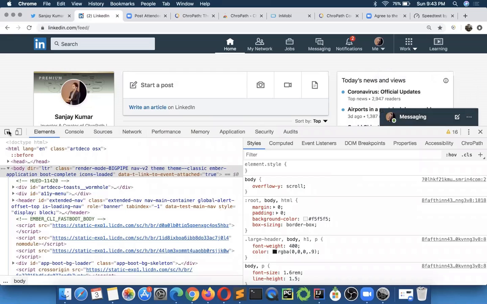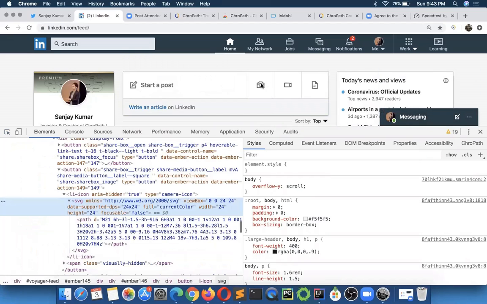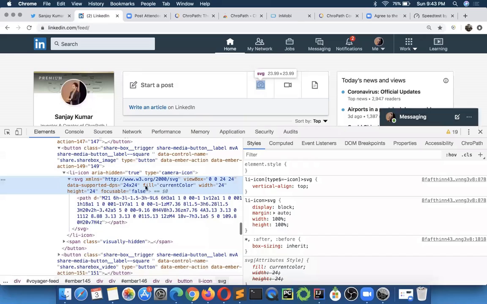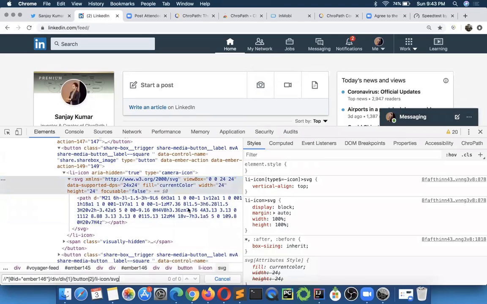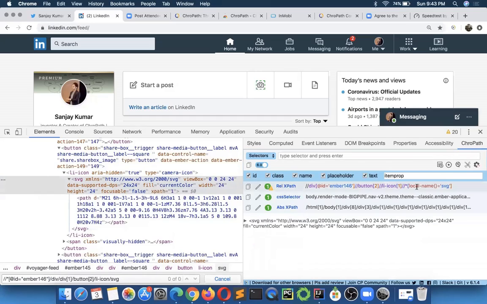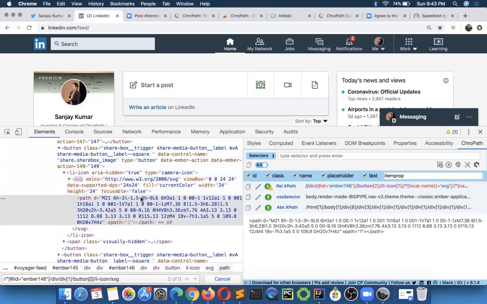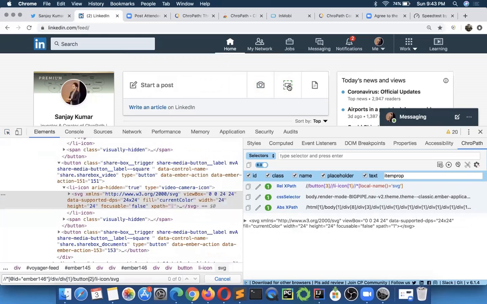If you inspect these SVG elements, right click, and copy XPath, let me paste the value here. You see, this is 0 of 0. Even Chrome DevTools doesn't give you a unique relative XPath, but ProPath gives you the XPath for SVG elements and SVG child elements. That's how it saves a lot more time, and these are the unique innovations in ProPath.